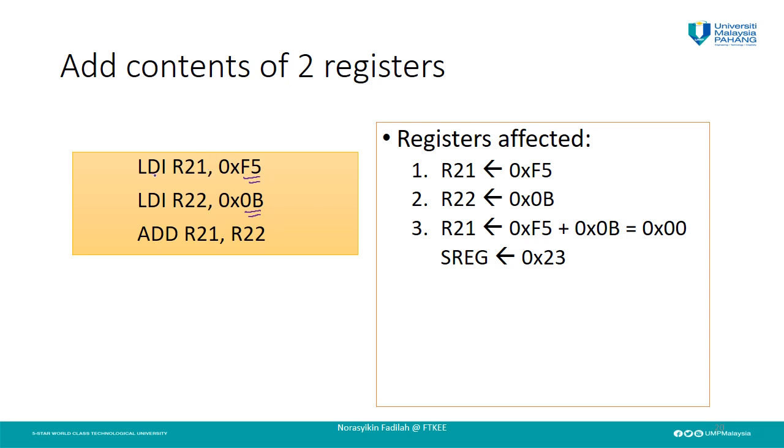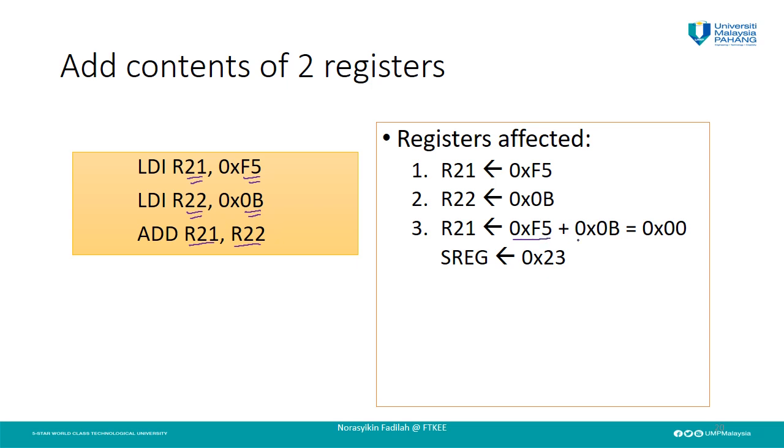For example, here we load immediate register 21 with the first value, and then register 22 with the second value. So the registers will have the first and second values, and then we can call the add operation. So we can add register 21 with register 22,